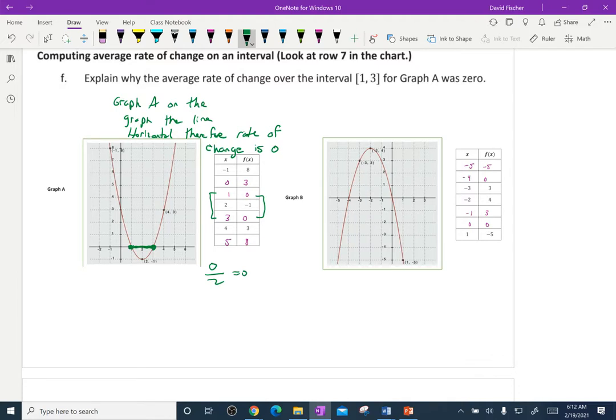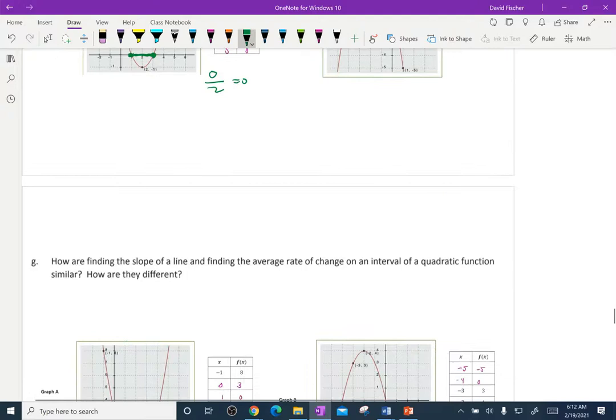Let's see what happens over here. Where's my 1, 3 here? Oh, they just asked me for graph A. Okay, so we answered it. All right, so we didn't have to do letter B. All right, let's move on to